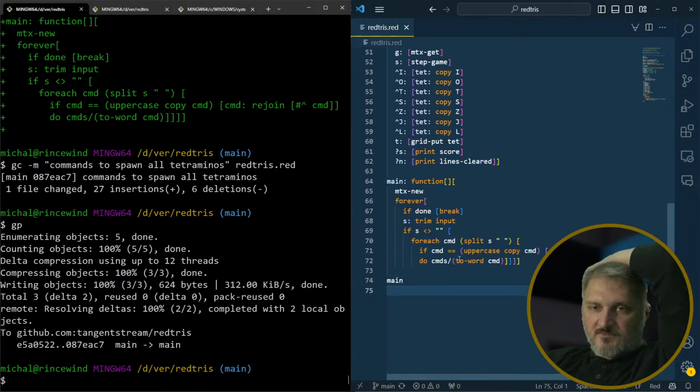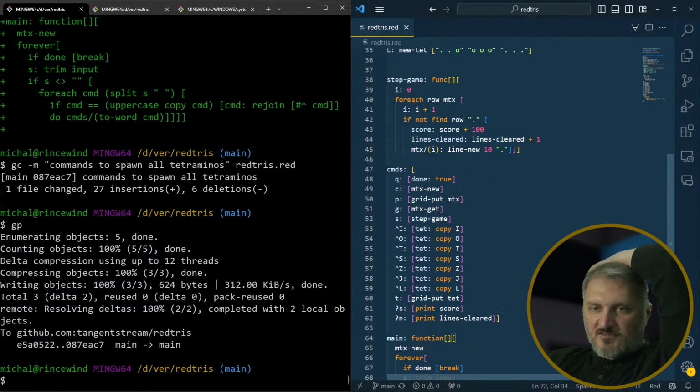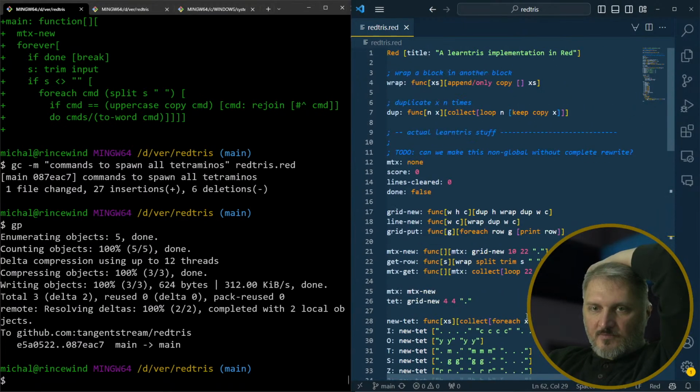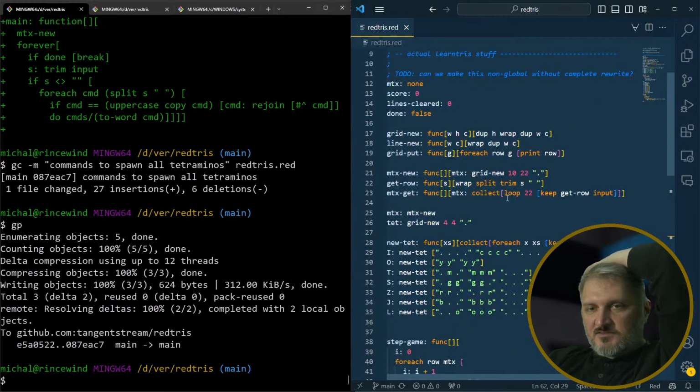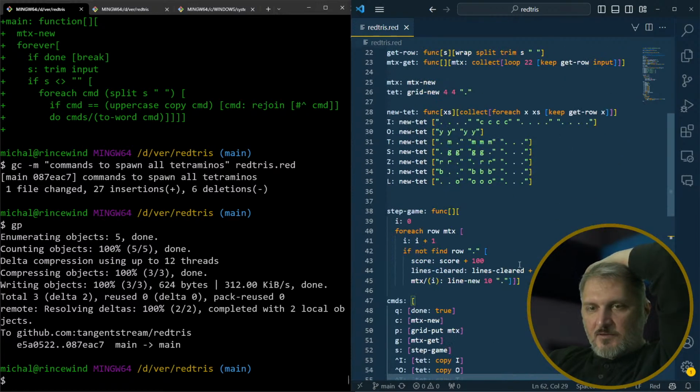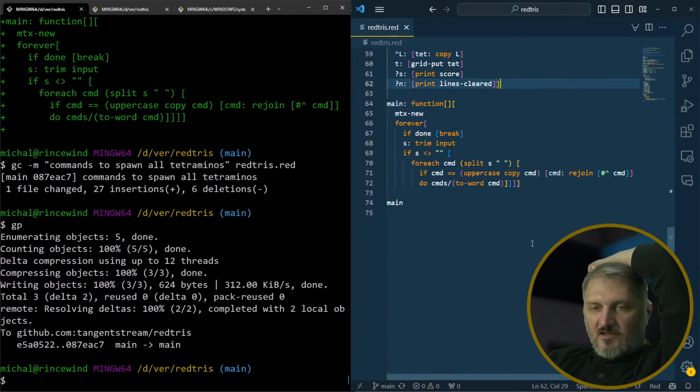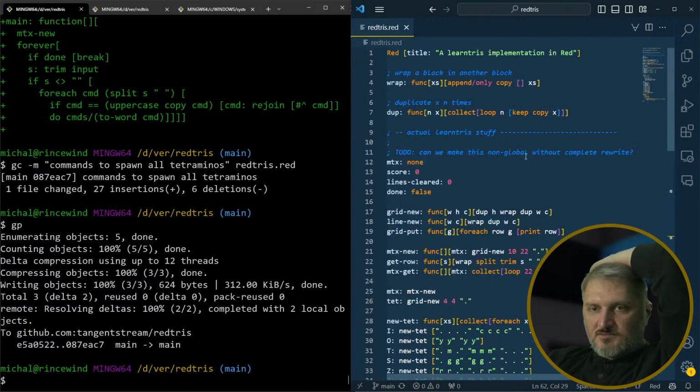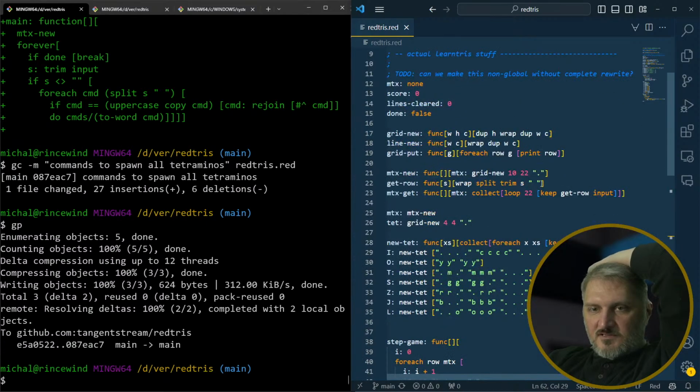So we learned a lot of stuff here. I learned about having to use the copy, and I learned that break only breaks out of one level, so there's no super break, or at least I haven't found one. And it's kind of nice. I used a lot of little primitives here that I was familiar with. I looked at the docs a couple times, but a handful of words got me quite a bit of this stuff working. So